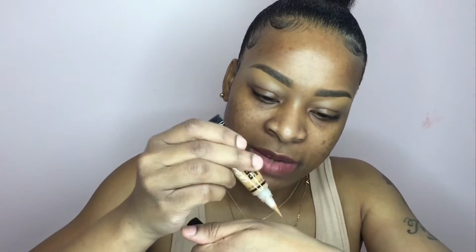Now I'm just gonna take a little bit of that same concealer that I used to clean up my brows, and dab a little bit on my hand. Just a little tiny bit. Literally, all you need is a little tiny bit because you're barely gonna use any of that. And I'm gonna go in with my Morphe M432 brush, and I'm just going to take a little bit of that on both sides of the brush. Now what I'm going to do is